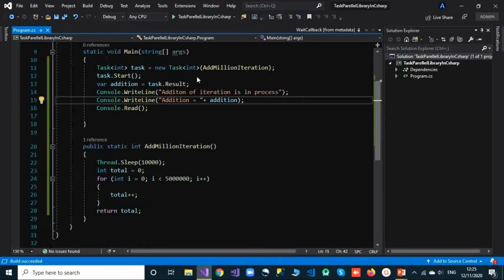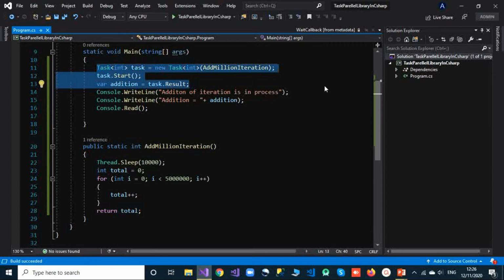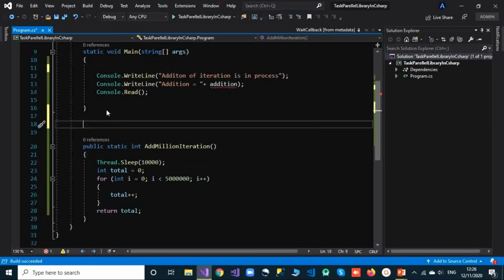Now what I can do, instead of creating this task here, I will cut this from here. I will take one separate method here, that is public static void, let's say TaskCreation. Let me make that spelling correct.